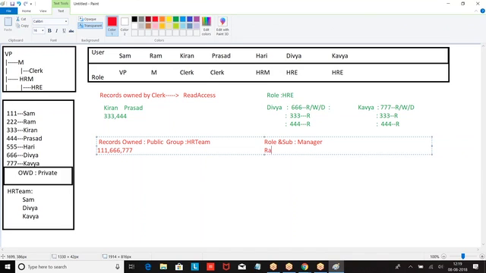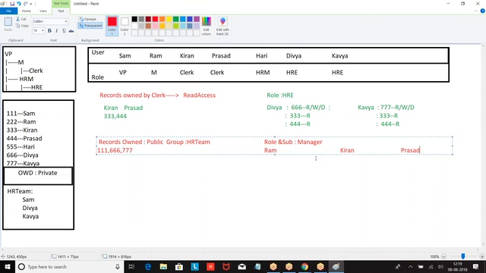Who is the manager? Ram. Clerk Kiran. Records owned by this public group are shared with the role and subordinates of manager.